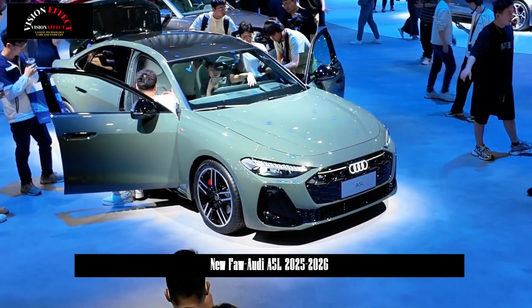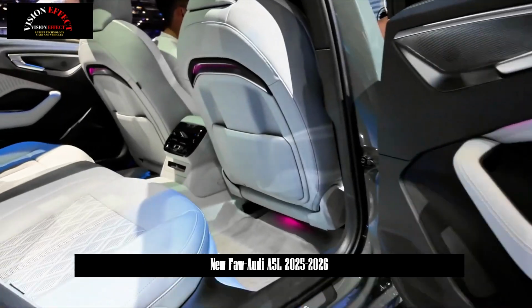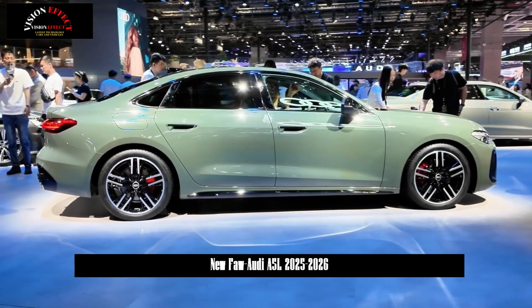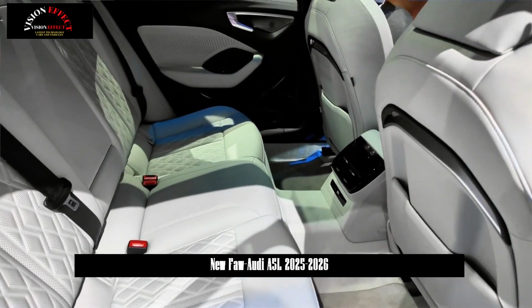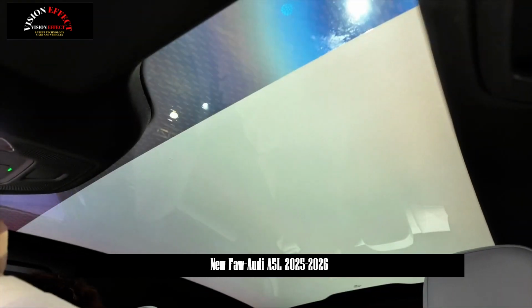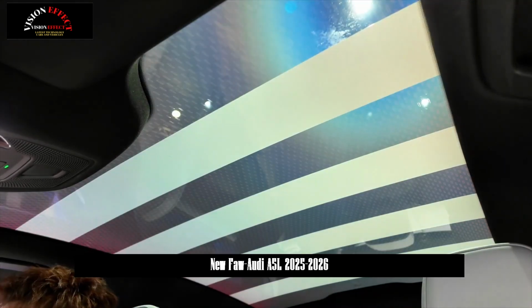In terms of exterior appearance, the Audi A5L continues the appearance of European models in most of its design. Features such as matrix LED headlights, octagonal air intake grille, and digital OLED taillights extending towards the rear are exactly the same as foreign models. However, changes have been made to the front and rear bumpers of the vehicle. A wider guide groove for the front face and an upper grille surround for the rear bumper have been provided,